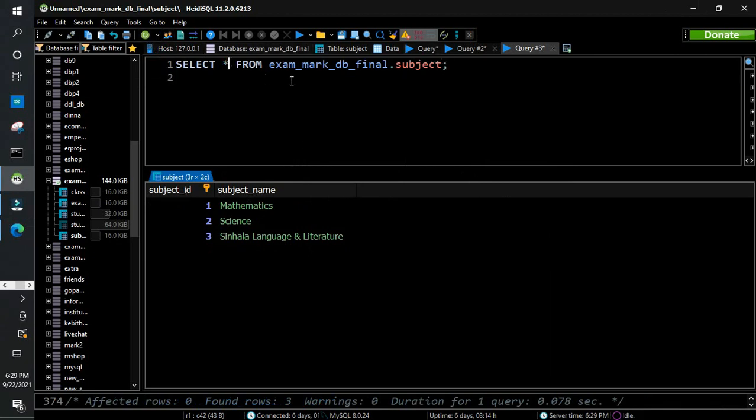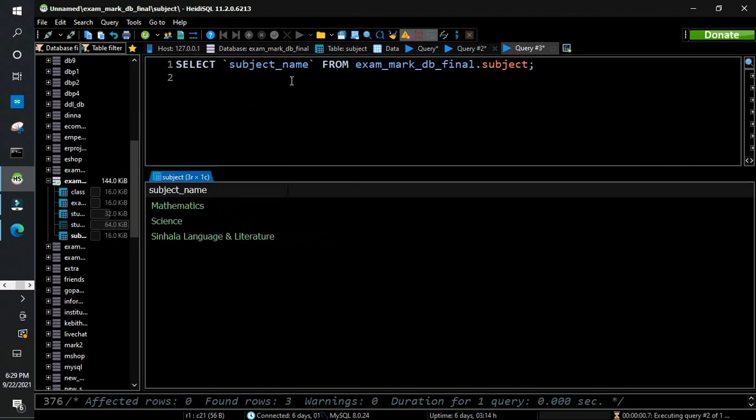So I'll need the subject name. Once you run this, you get the subject name, and I'll need them not in upper case, but in lower case. So all the values are transferred to lower case.